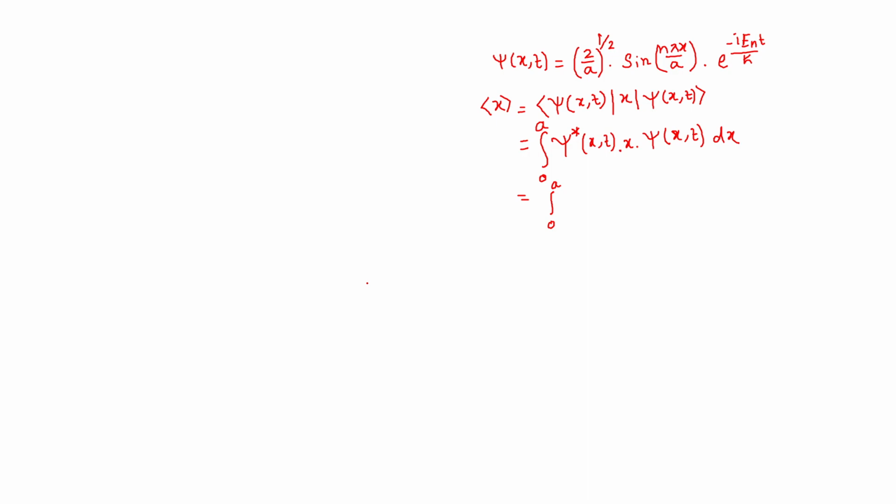So you can see here, what is the integration of x dx? It is exactly x square by 2. I'm just writing the limits here, 0 and a, and the second one is going to be solved using integration by parts. Everybody knows about integration by parts; I'm writing the formula here.